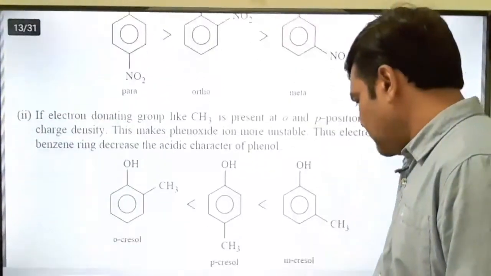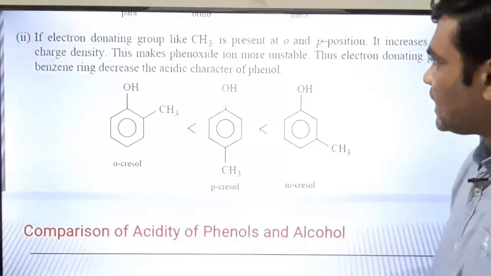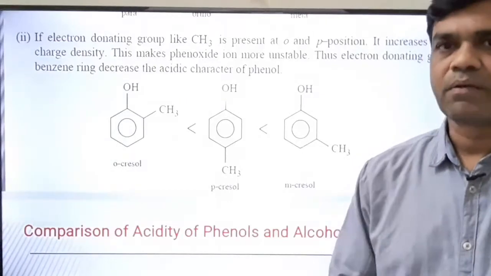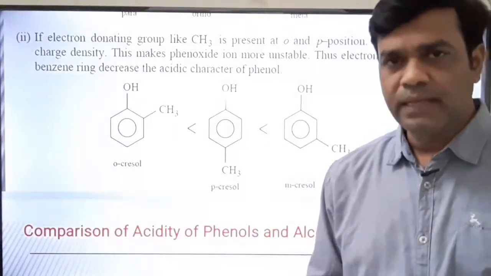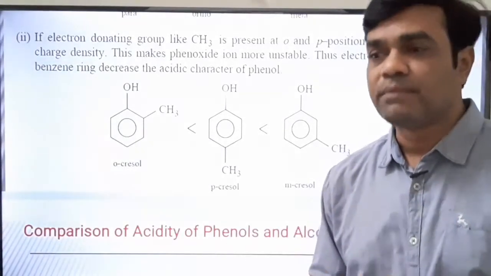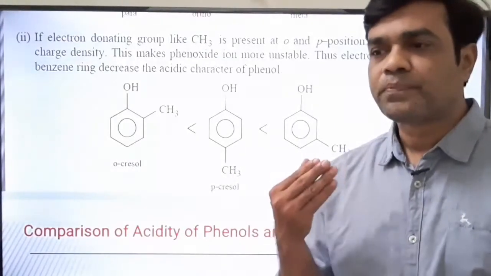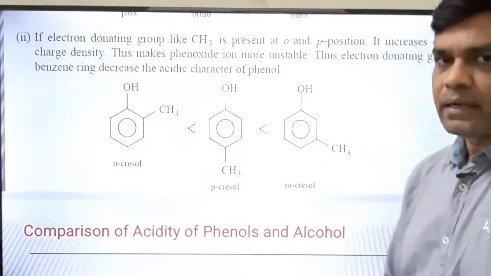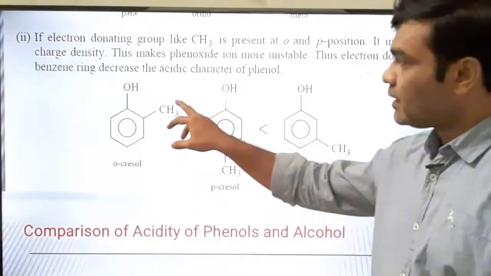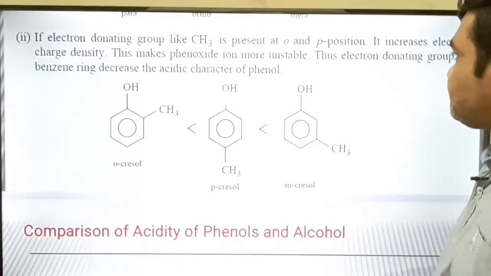However, with an electron donating group, the case is different. Here the methyl group is taken as an electron donating group. Electron donating groups are any alkyl group, methyl, ethyl, propyl, etc., as well as a functional group in which the key atom possesses a lone pair of electrons, for example OH, NH2. Any atom or group in which the key atom possesses a lone pair of electrons, or if an alkyl group is there, then it is electron donating in nature.